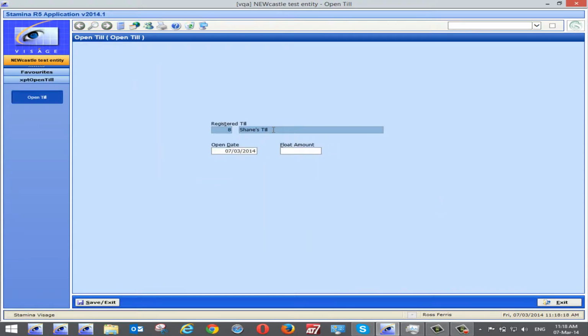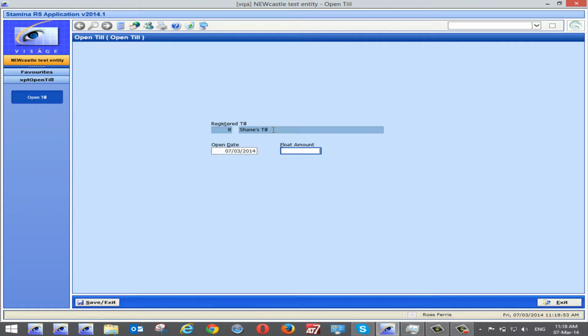Until we actually open the till and tell the system how much money we've put in as float to balance at the end of the day, you can't actually go and make any sales. Pretty simple. You'll notice you're asked for the date that you want the transactions to be dated, which will default to today. But if you're working in a backlog situation, computer lines have been down, weren't able to process sales, whatever the case, or maybe you want to even do some future dated sales through point of sale, you can simply open a till, put any date you like in, providing of course it's not into a closed period